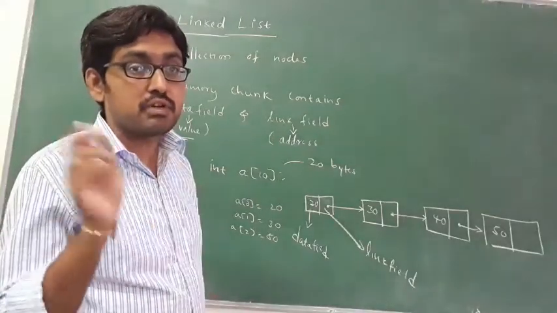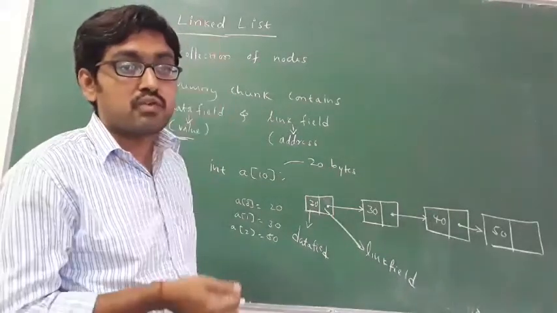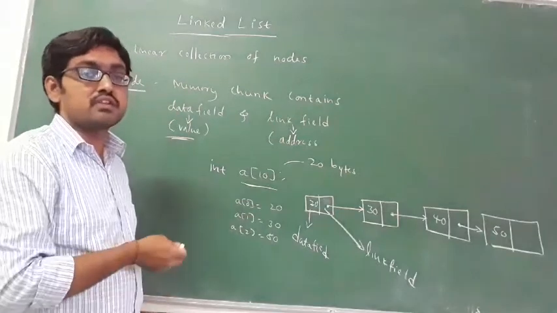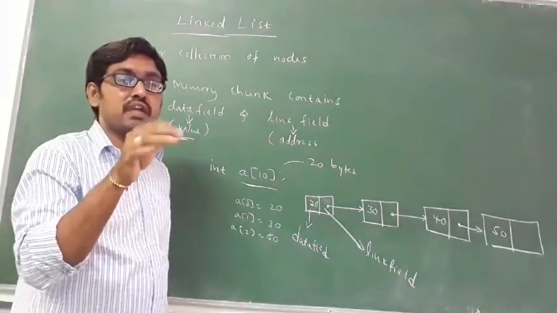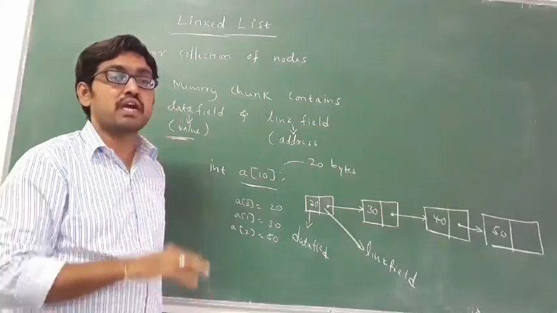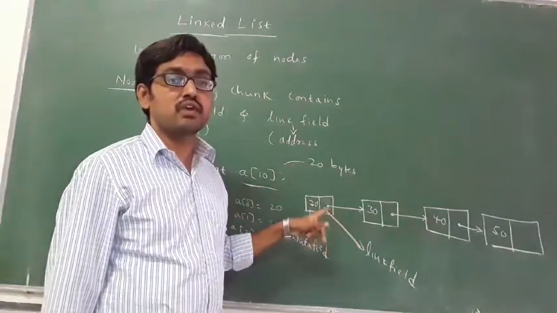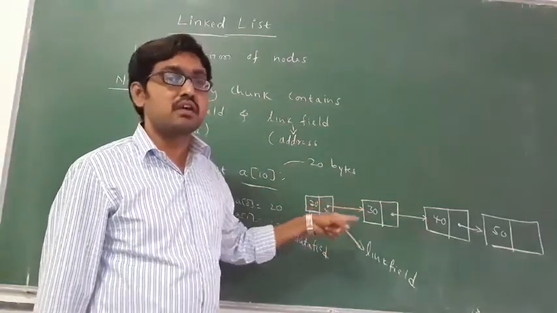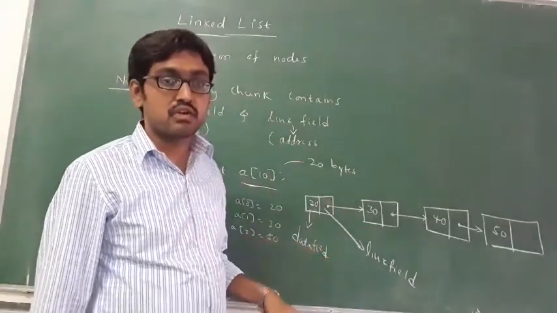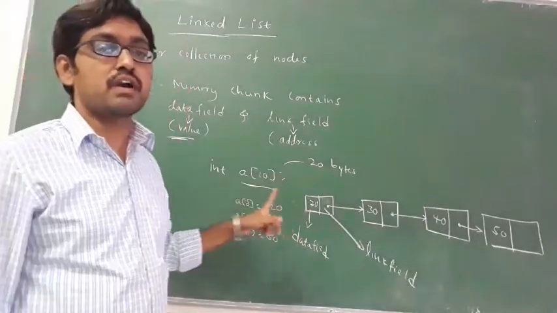Okay, once you give how many elements, you will enter 5 elements, and above that you have given a of 10. A of 10 means instead of entering 10 values you are entering only 5 values, then memory wastage will happen. But here it is not like that. In a linked list, it takes only as much memory as the number of values you give. There is no memory wastage here. Got it? Okay, that's why you have to use a linked list to avoid the drawback of an array.